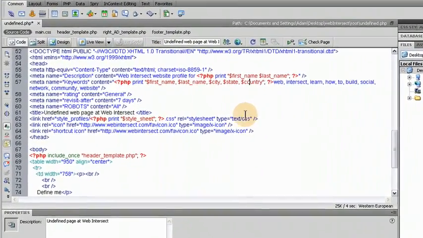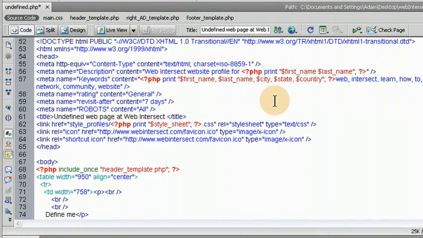Okay, here's our undefined.php page that we had opened up, and we added a couple of dynamics. We're going to run dynamic PHP variables into the meta keywords and the meta description tags here, and also into the style sheet links. And we're going to have to set up a couple more folders for what we're doing in this page now, and I'm going to show you every step of that, don't worry about it. And this file will also be included in the new updated zip package that you can get the whole system source file from